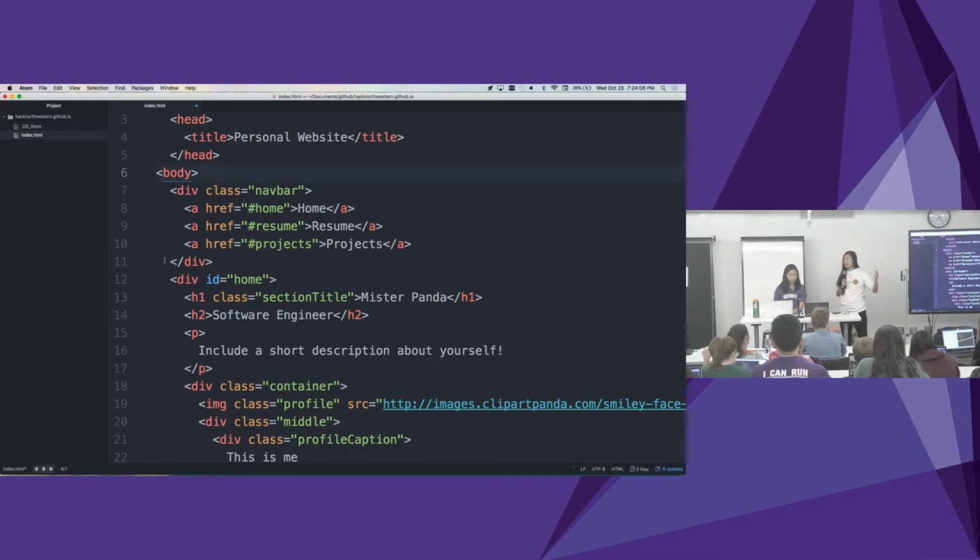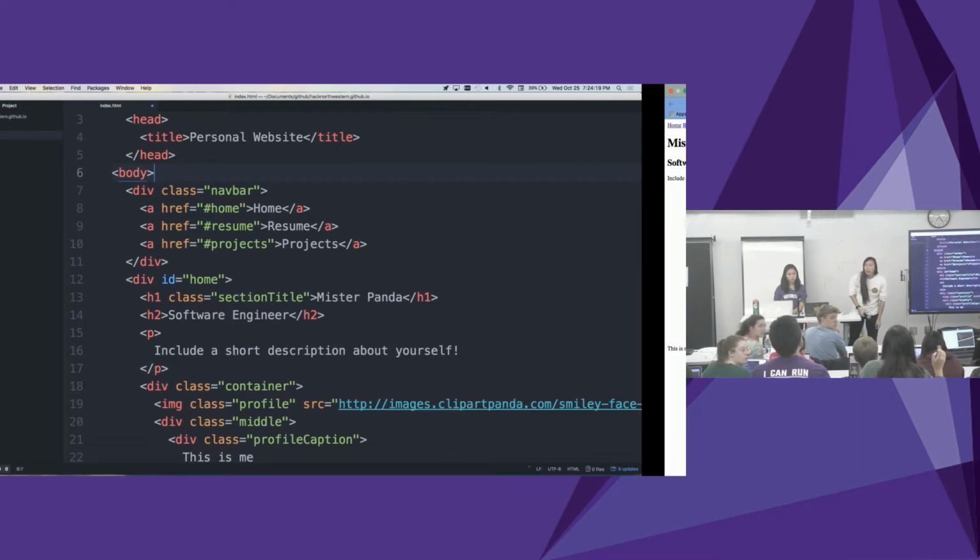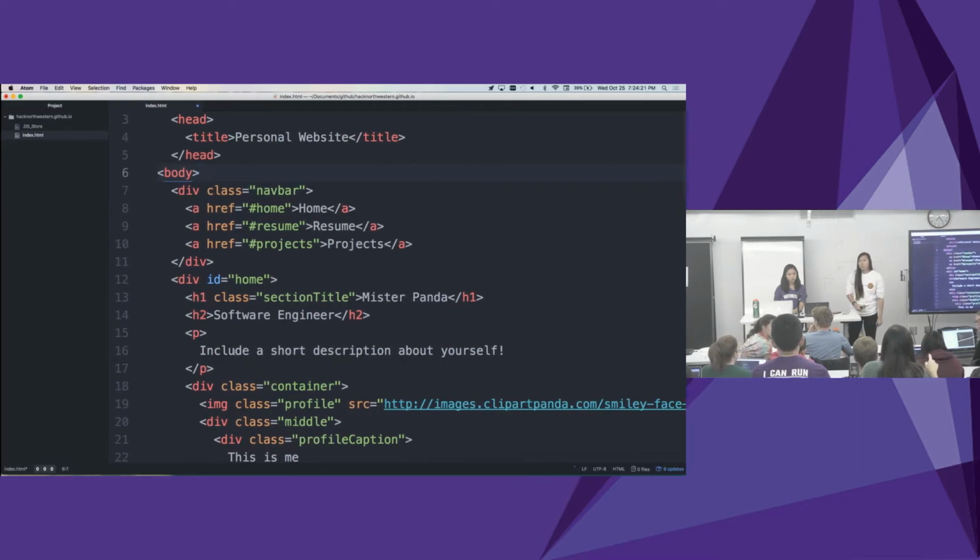OK, so the rest of this stuff is all just IDs right now. Divs. So H1 and H2 are just headers. It changes the size of the text. Question? Oh yeah. Well, if I want to have a local image in the page, how do I get